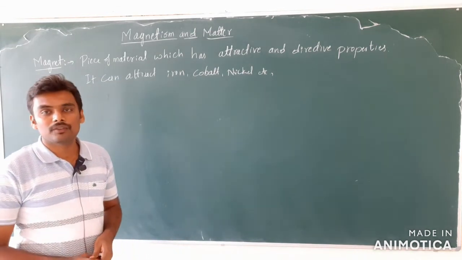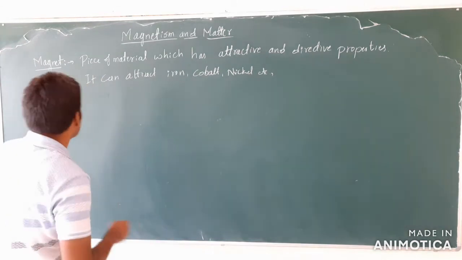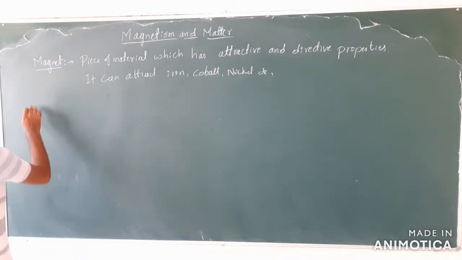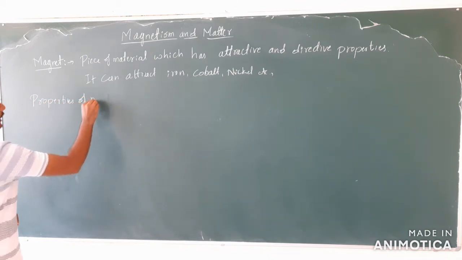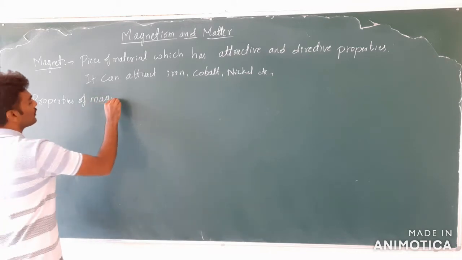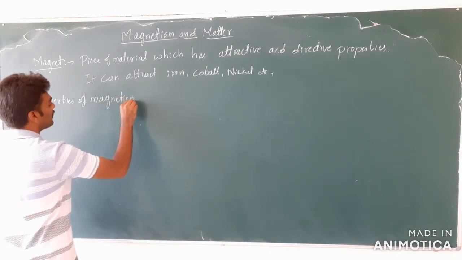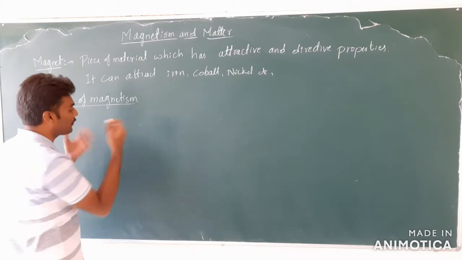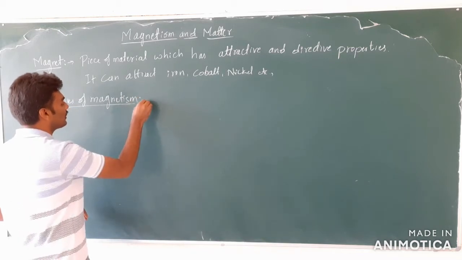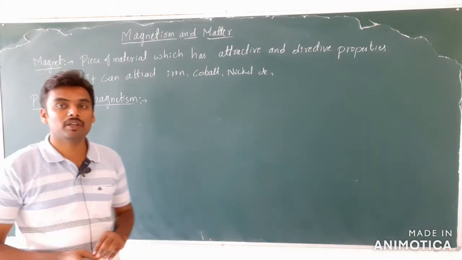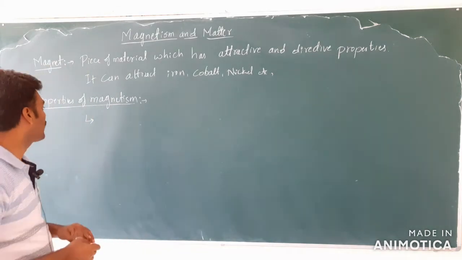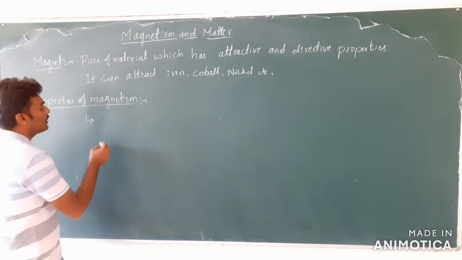Okay, so there should be properties of magnets, right? Let us see a few properties of magnets. As far as the board's syllabus is concerned, three properties have to be memorized. Okay, there are more than three now, but three of them must be memorized. They are very important. You should recall them. So one of the properties is,